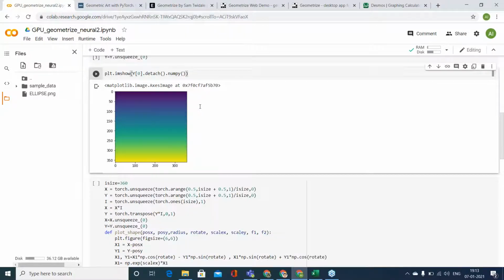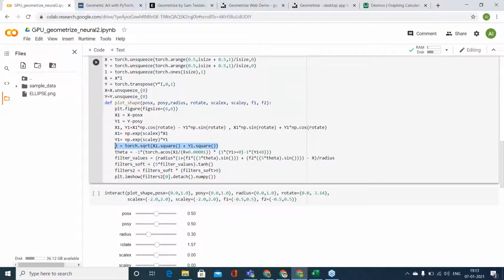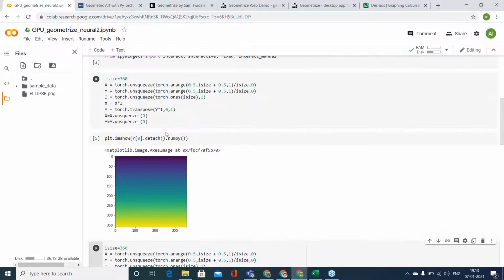Now I convert it to polar coordinates. So how do I do that? R